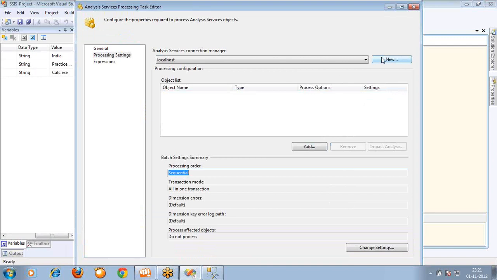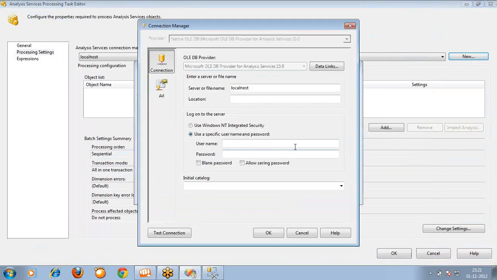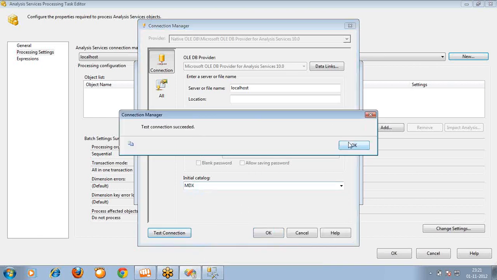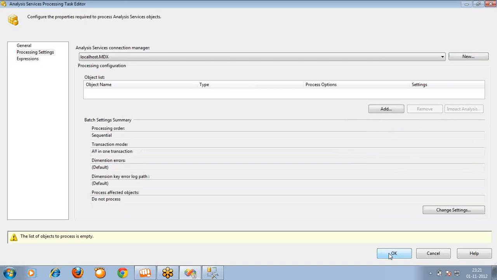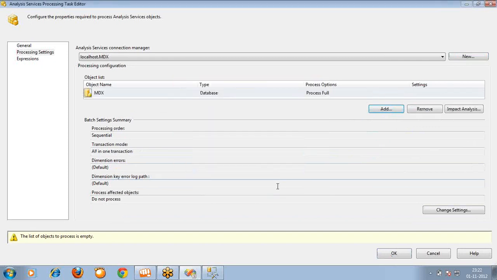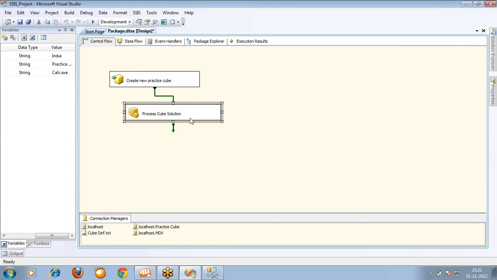Let me remove it here, and let me go for a new connection string that is pointing to practical cube or any other cube. Let's say MDX test connection. It succeeded. Click on OK. This is set. This is fine. Now I'm clicking on OK. I have to select the objects, MDX. This is how you can provide the objects. Okay, fine. I set this. Now the cube practical cube 5 will be created using this Analysis Services DDL task,